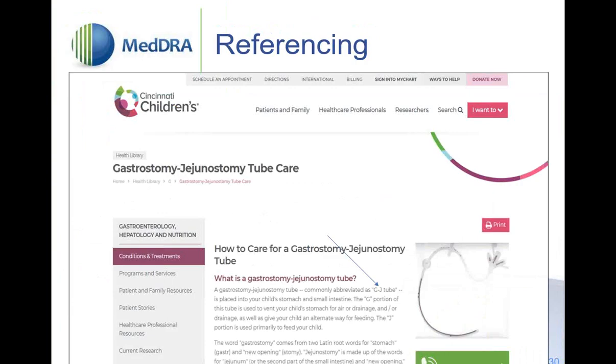Okay, so just in order to confirm what GJ tube is, I opened up a reference, and you can use any standardized reference. Maybe your organization recommends a few that they want everyone to use, or you can just do a Google search and find a very good, reputable medical reference in order to confirm any thoughts or questions you may have about a particular therapeutic area or concept.